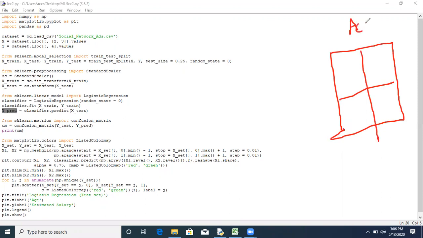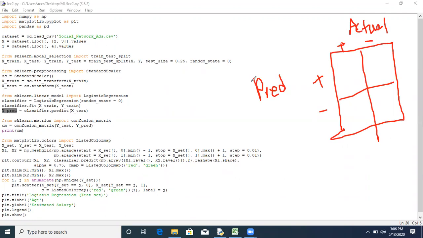On one axis there are actual values, and on another axis there are predicted values, and the types of values are positive and negative.